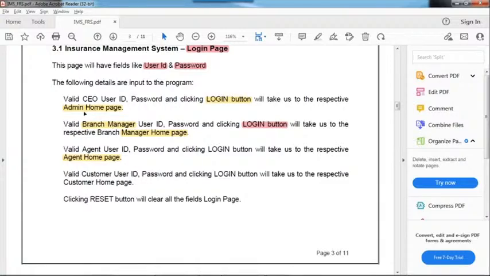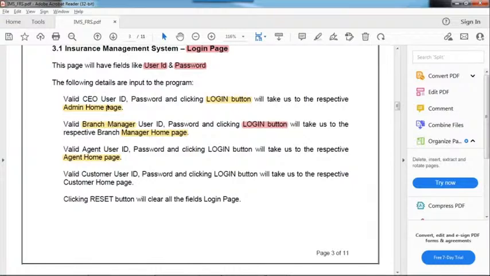Understanding, right? Suppose you are not getting the admin homepage, you are getting some different page. Then it's a bug. Based on the requirements they provide, I told you, right? Based on these requirements only, you need to test that application. We don't know the code, right? If you know the code, you can guess what page should come, but we don't know the code. We are just giving the inputs based on the requirements.